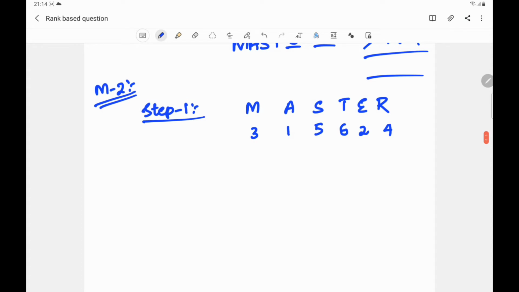Now, after giving these ranks, step 2 would be: after giving the ranks to each and every letter in this word, you come from the right side and simply put factorials starting from 0. This is 1 factorial, this is 2 factorial, this is 3 factorial, this is 4 factorial, and this is 5 factorial. Now after putting these factorials, then step 3 is...